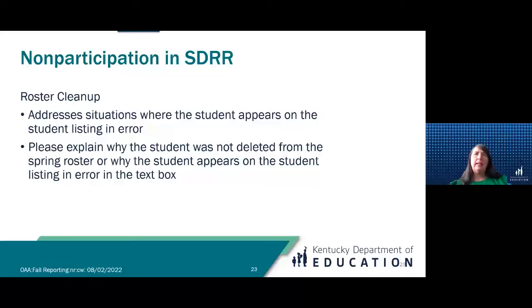Well, one of the ways to clean that up is to click on roster cleanup and then explain why the student wasn't deleted from the spring rosters or why the student still appears on the student listing in error in that text box. So that's going to be an important thing you want to do. You want to make sure that if you didn't clean it up back at rosters, that you clean it up now, and you've got that one that says roster cleanup.